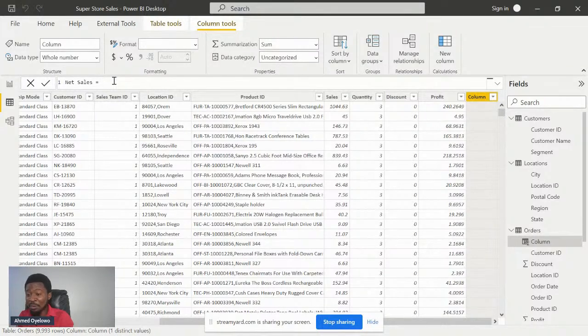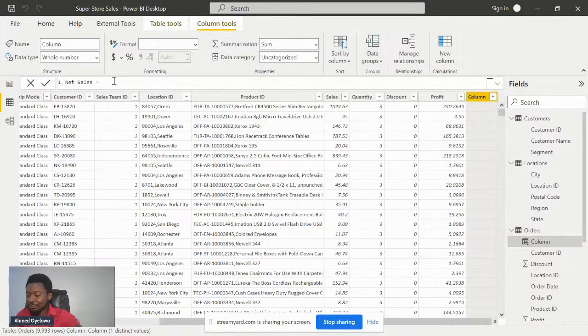So if you think about it in another way, it's very possible that you have several tables in your model, and you find one column that is common in many of the tables, right? So for example, you can always have dates. Let's say you have 5 different tables in your model, and out of the 5 tables, 3 of them have a column called dates. So if you have a sales table and maybe a targets table, on your sales table you can have a column for dates, on your target table you can have another column for dates. So when you're writing formulas in DAX, you must specify which table this column is coming from